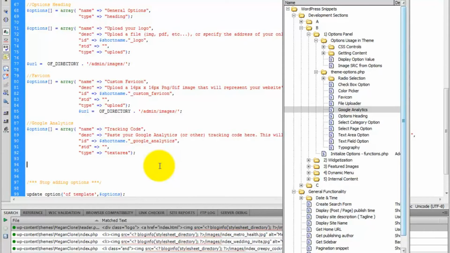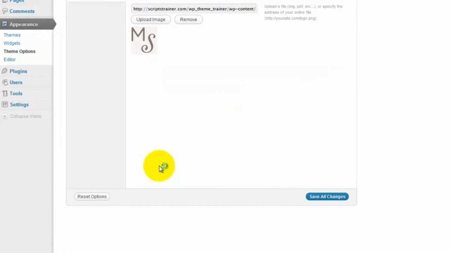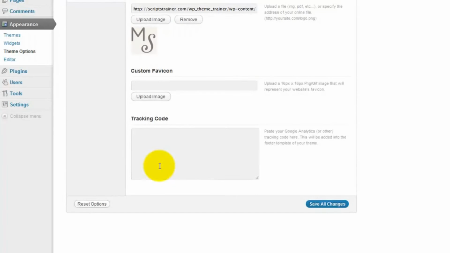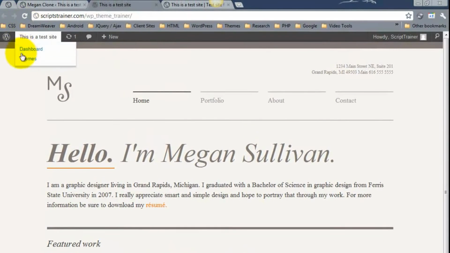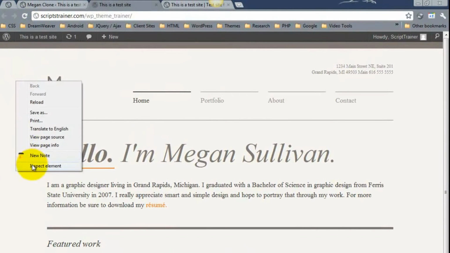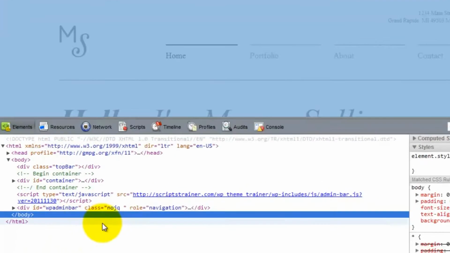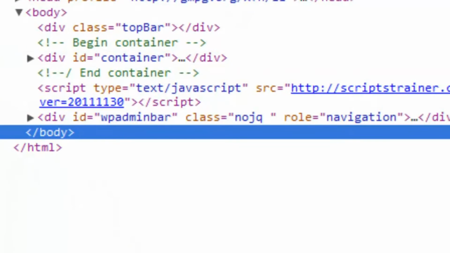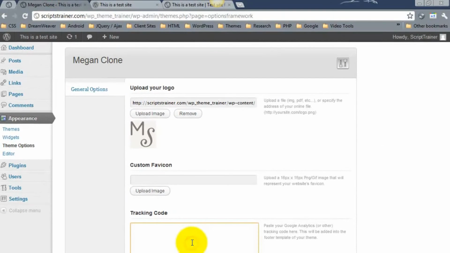All right, I'll save that. Let's take a look. Refresh. So now, and I'll just show, if we take a look at the footer, you see down here by the footer there's no analytics tracking code. However, and I'll just put this down here,